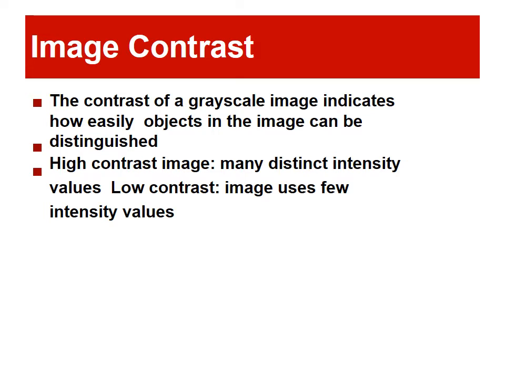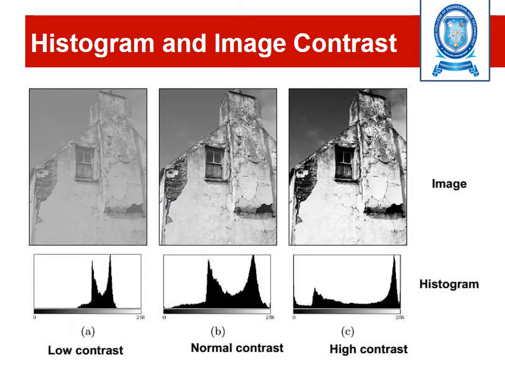Next we have to note down the image contrast. In the sense that we have to note down both the high contrast as well as the low contrast values. In a high contrast image, you have to note how many distinct intensity values are present, and a low contrast image uses only a few intensity levels. So to note the contrast we have to note down both the high levels as well as the low levels in an image. For example, we have taken two images, and we are now plotting them using the histogram.